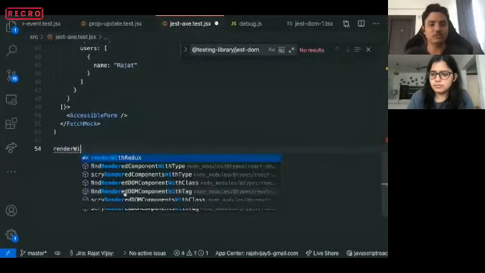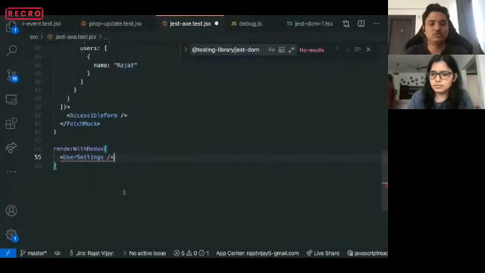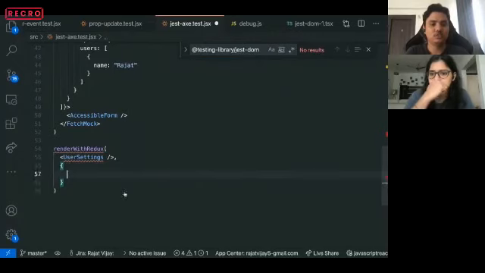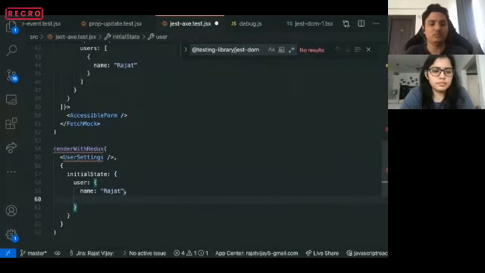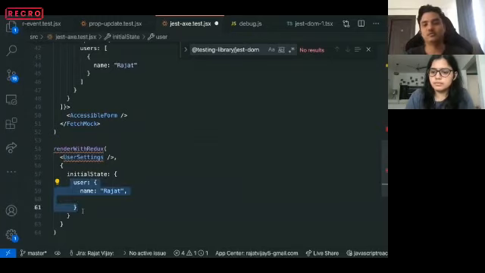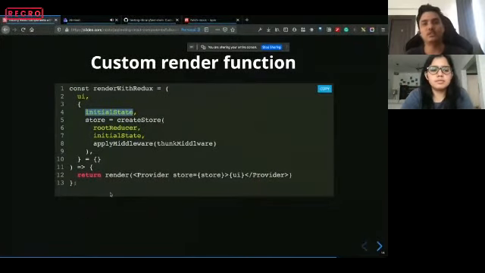So we would do something like renderWithRedux, then UserSettings, and initialState with user, and then name, and maybe something else that you want. When this component is rendered, it has a Redux store available to it with this data preseeded. It will have the dispatch function capabilities and everything. Does that answer your question?